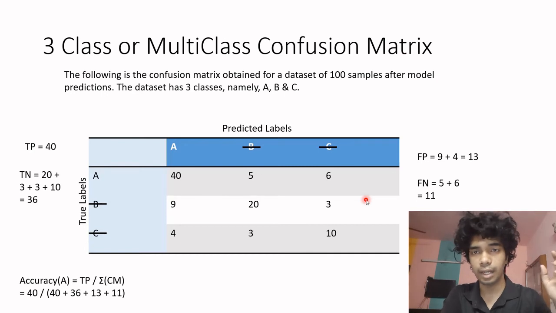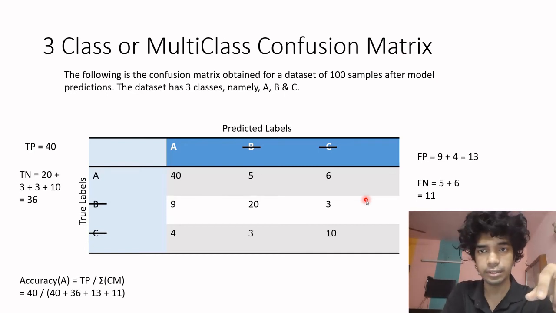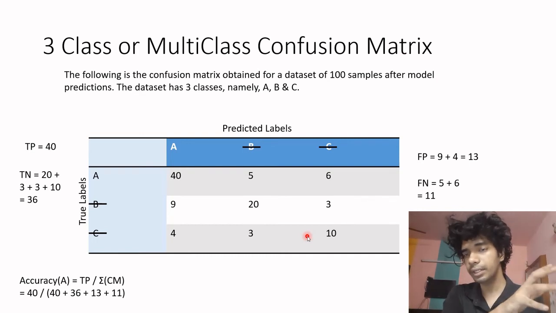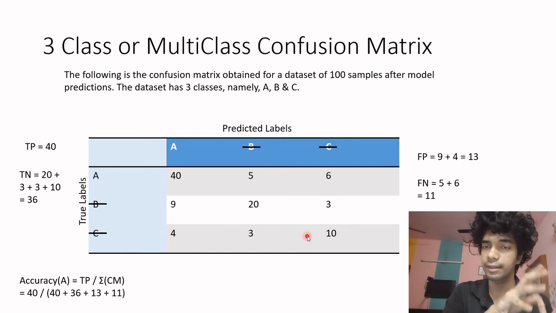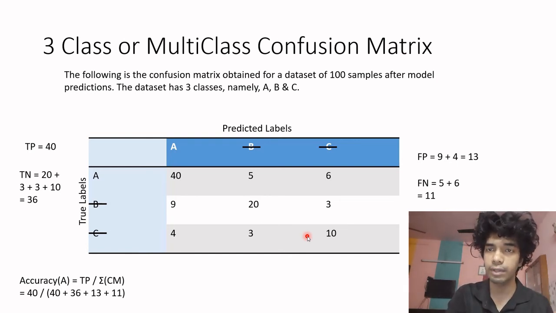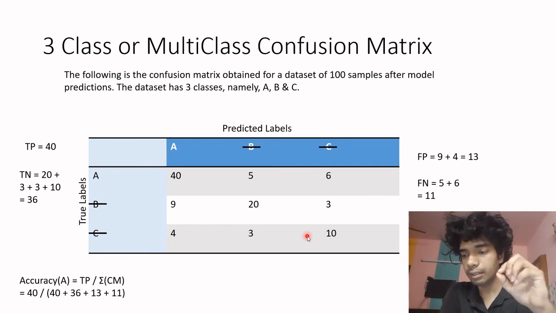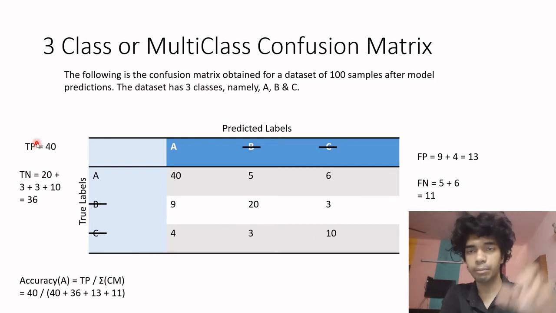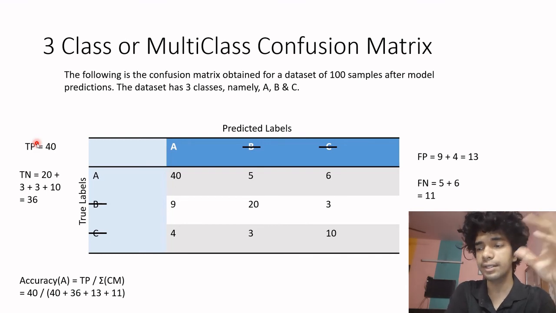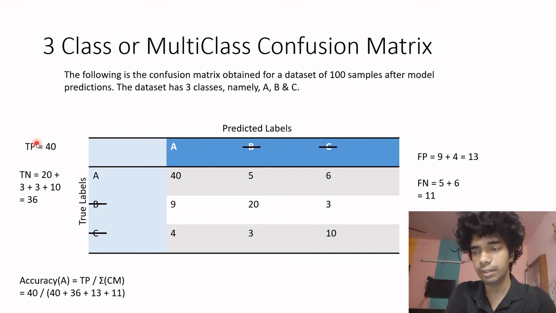I will drop the answers in the comment section. You can check it out and verify. That's the idea. That's the simple idea. So the majority of the task lies in correct calculation of the true positive value, true negative value, false positive value, and false negative value, and remembering them by adding either a square bracket or a curly bracket or whatever is convenient to you. The ideal convention is having a subscript, but you can do this as well.